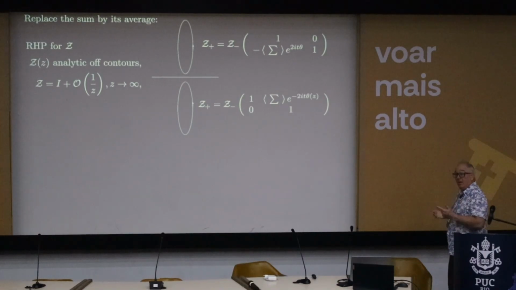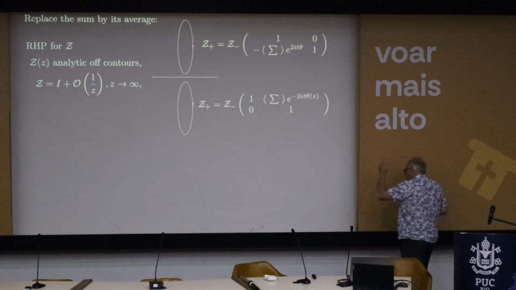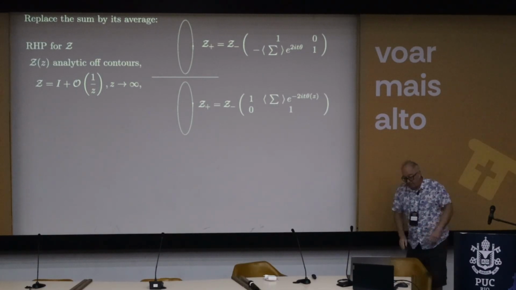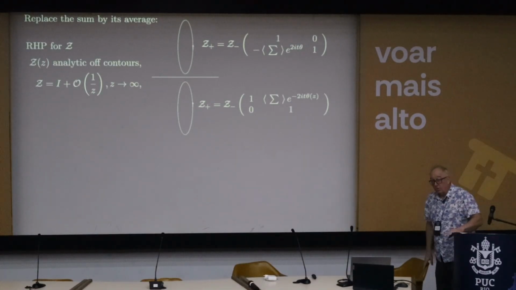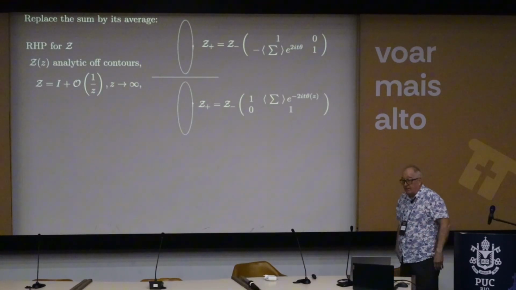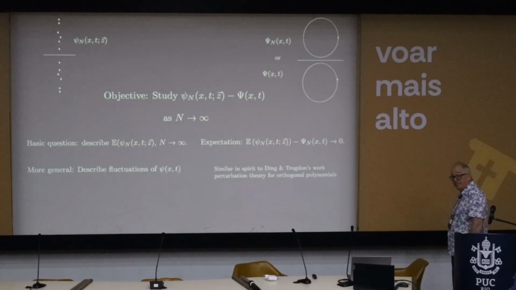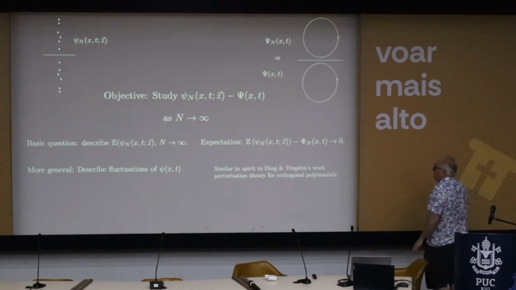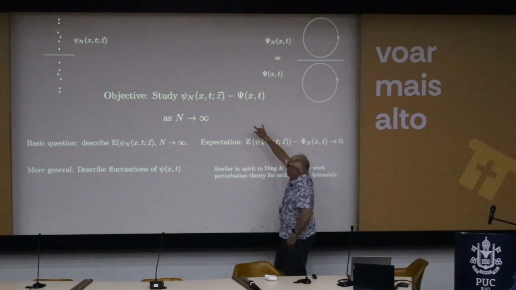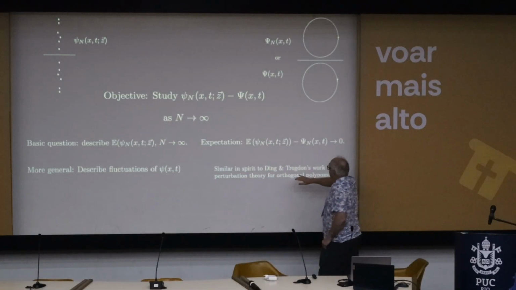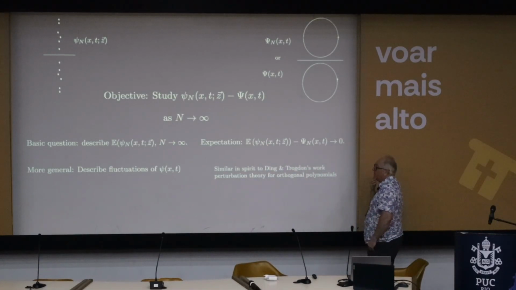But I do not have an existence theorem off the bat. I don't have any a priori knowledge, so I need some kind of a proof that this problem has a solution, which is a version of the vanishing lemma, which goes all the way back to the beginning of analysis, okay? And can you describe the average behavior? Does the average behavior of this difference go to 0? And okay, can you describe the fluctuations?